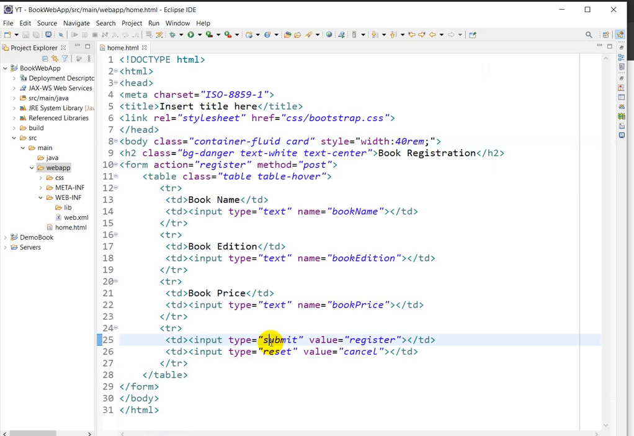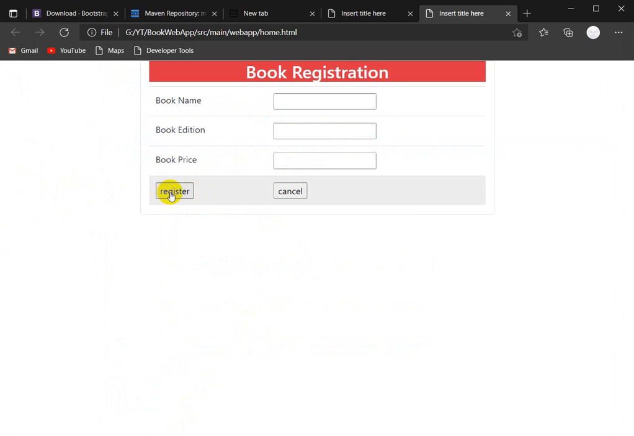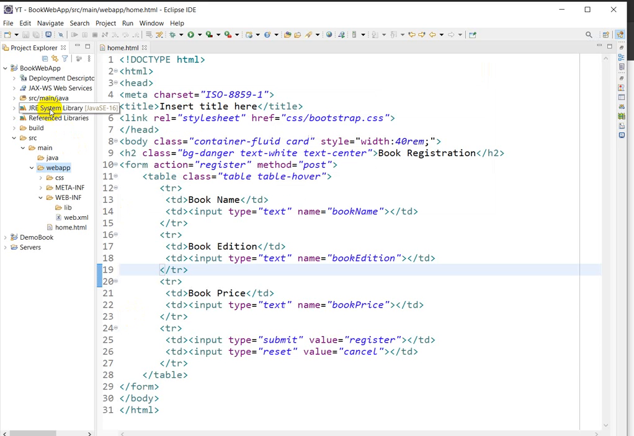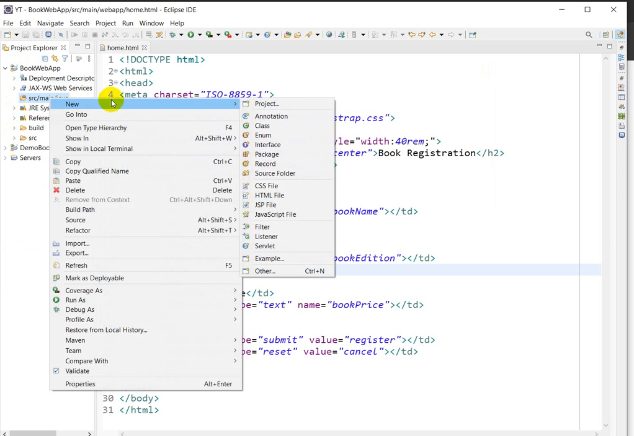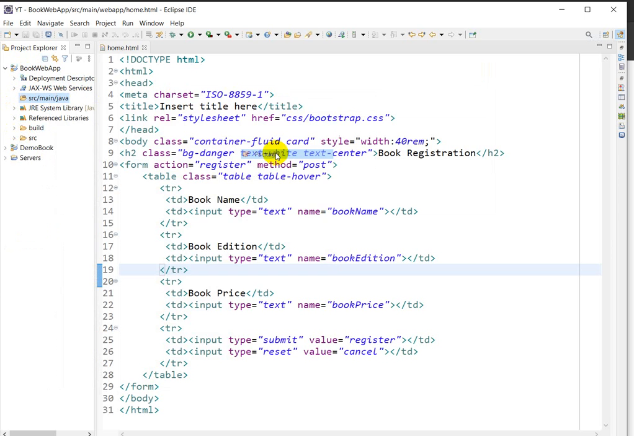Go to Eclipse. Now this registration form is done. Next step, after clicking on submit, after clicking on register, we have to save these records. So for that, in this book web application, here we can see src main java. In this we can't see anything, so right click on this, click on new, click on package,